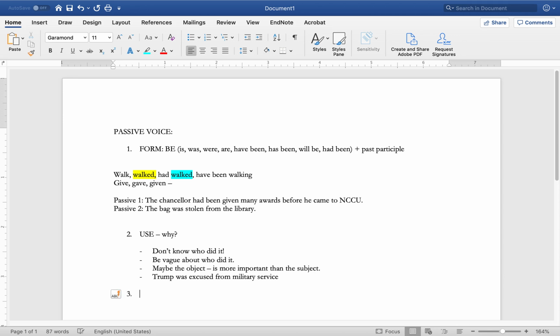All right, so the other thing I was going to tell you is the meaning of the passive, which I've already mentioned, and I think you probably have already gotten it. The meaning is just that when you have a sentence in passive, the subject of the sentence is not doing the action. The subject is receiving the action